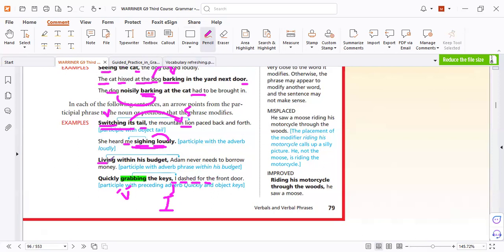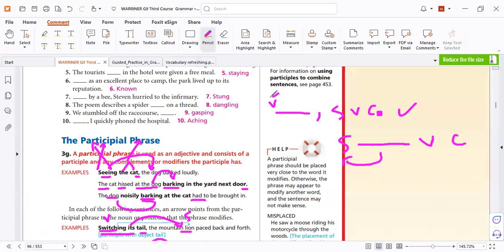Like that. Living. Who's living? Adam, Barrow, Needs? How? This is a verb. It must be done by a noun or pronoun. So it must be Adam or money. Well, that is a noun and that is a noun. Now check the meaning. Who can live within his budget? It's Adam. And he said his, so it refers to Adam. So who was living? Adam. And Adam is the subject of the sentence. That means if you start with a verb like that, you must find the subject of the sentence and check the meaning. Did the subject do this action or not? Check by meaning.